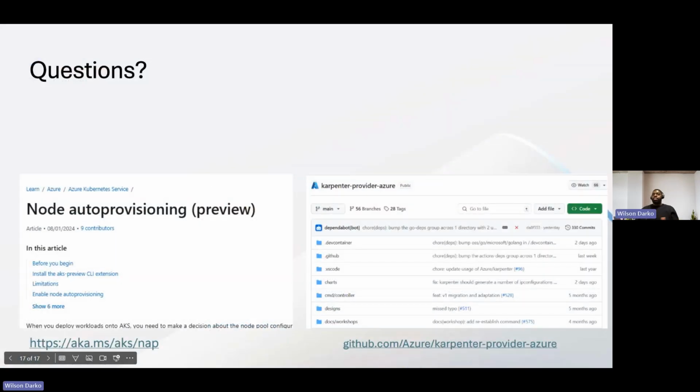Okay, so that's my presentation in a nutshell. I wanted to show just a few demos of what NAP can look like in the case of using Spot or ARM and AMD mixes, but there's several different ways that you can configure NAP to operate effectively for your system. And as I mentioned, there's two primary methods of using Karpenter on Azure, one being the public repo that we have on the right, and our big emphasis and preferred recommendation, which would be node auto provisioning for customers.